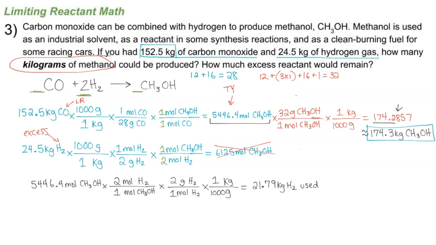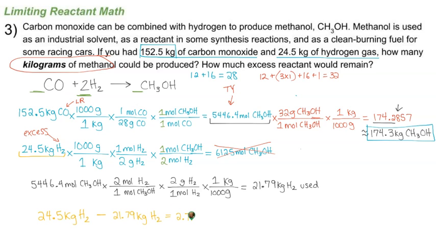So the 24.5 kilograms, sorry, of H2, and subtract out the amount we used, the 21.79 kilograms of H2 were used up. And so when we subtract that out, I got